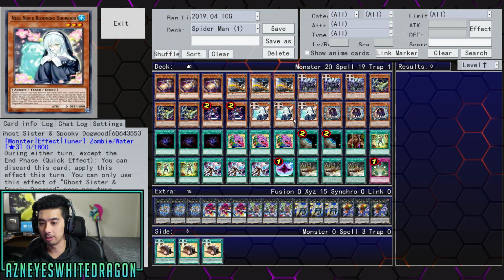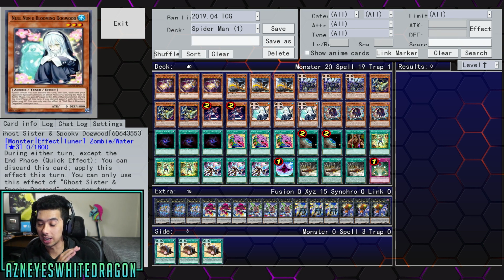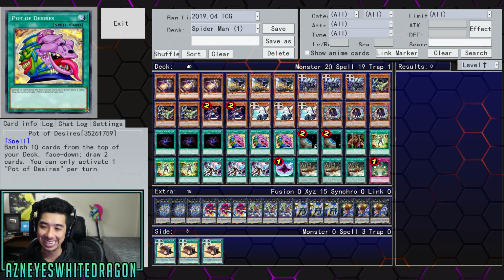Just like I said, whatever you are healing for, when you go for your Ravenous Tarantula, that's the amount of damage that you get. So if your opponent special summons several monsters and it adds like 10,000 extra life points, it's the same concept. You're one-shotting them. Next up, we have Eater of Millions, 3 copies of Allure of Darkness, 3 copies of Desires,